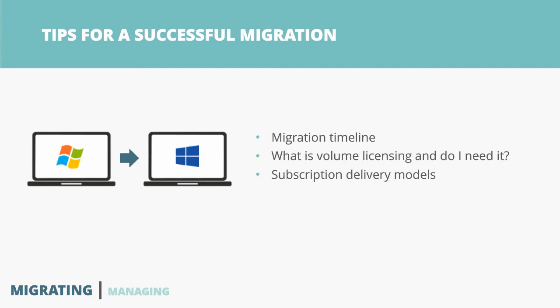So start thinking about your specific environment, what tools you have, and what tools you're going to use to get that upgrade ready. In addition to the migration deployment process, Microsoft makes a readiness tool that you can use to see if your machines are actually ready for Windows 10. It will do things like check the disk space, and if you're going to do a full upgrade over the top of Windows 7, it will identify machines where you might have an issue. So it's a very cool tool to check out.